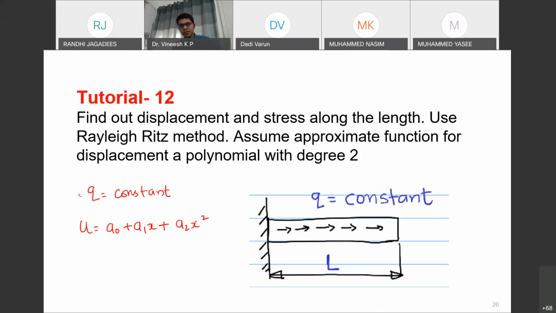Just remember that it is simpler than what we have discussed in the class. In the class, we discussed Q is equal to Cx, a constant into x, so Q varies with respect to x. But here, Q never varies. Q is equal to a constant. If you look at the problem, you will identify that it is simpler, so you should be able to solve it easily. Take only 12 minutes to solve the problem and 5 minutes more.